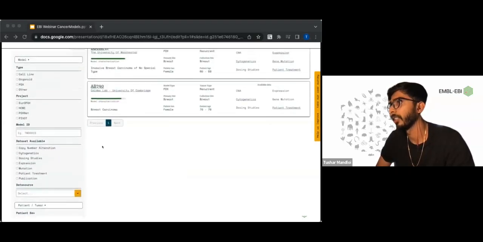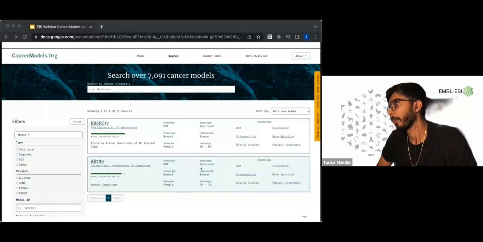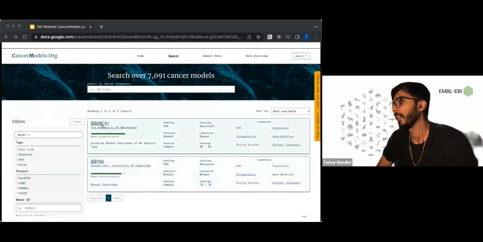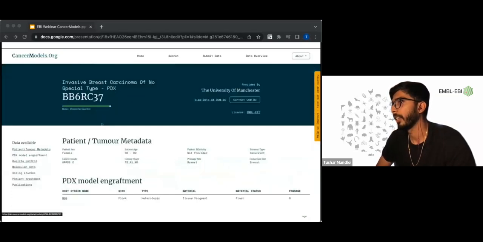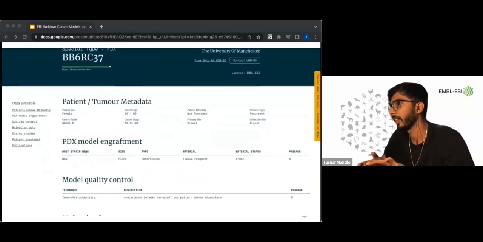And after applying these filters, she finds there are two models in our resource which fit her criteria. Model 1 has various molecular data available as compared to model 2. You can see the metadata associated with the models in the middle section. We will have a look at the model characterization bar in upcoming slides. And then Kelly selects the first model as her model of interest. She can now view the model information in detail,